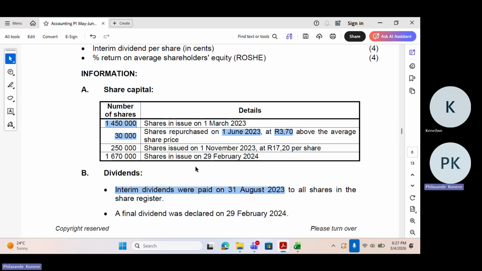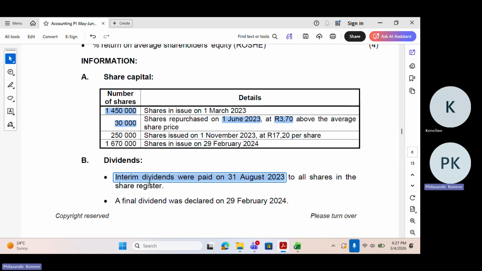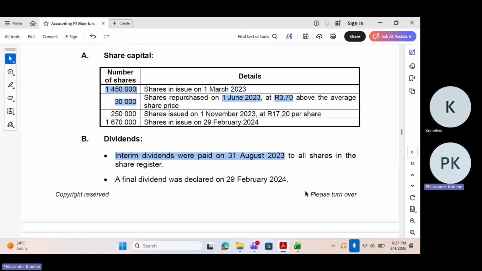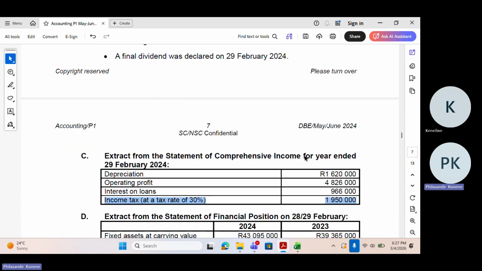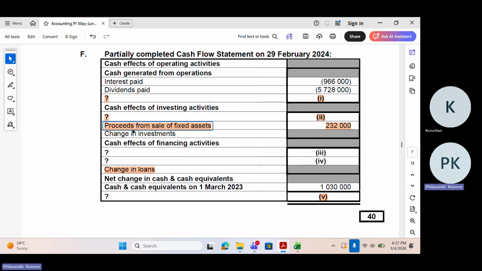That is going to help us towards calculating the ordinary share capital at the end if we carry on, because you see what happens here. They didn't give us the interim dividends. For me to calculate the interim dividends, because we paid on this amount 1,450,000 minus 30,000, I need to multiply it by the interim dividends per share, of which they didn't give me how much I'm going to pay here. But if you go to the cash flow statement that is provided in front of us,